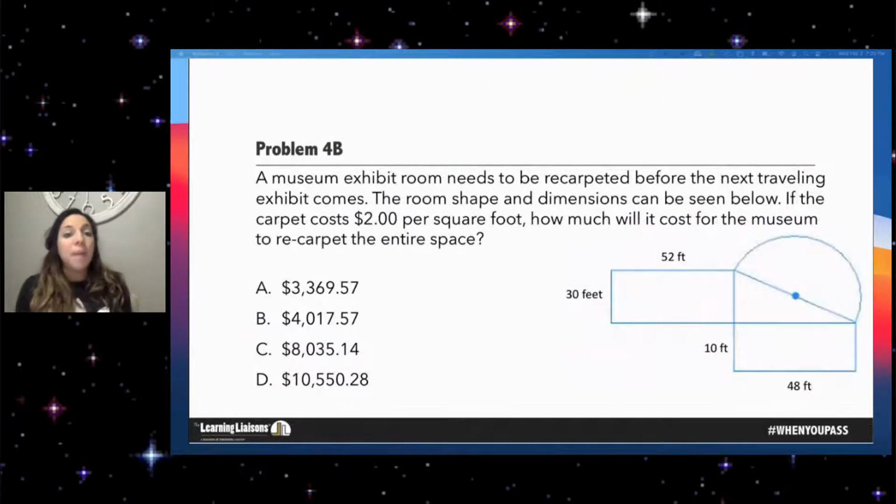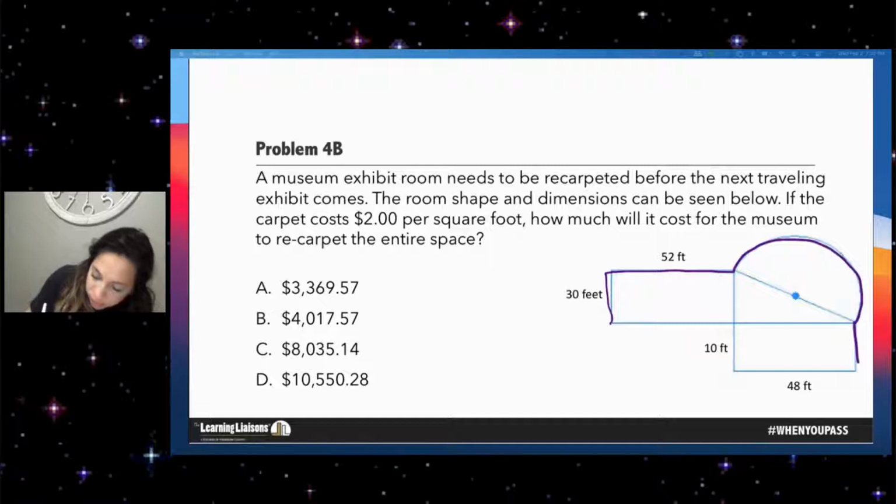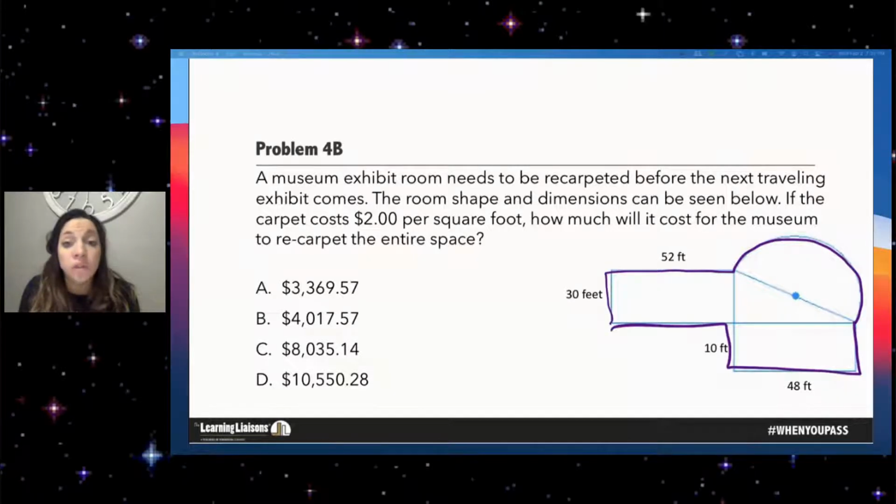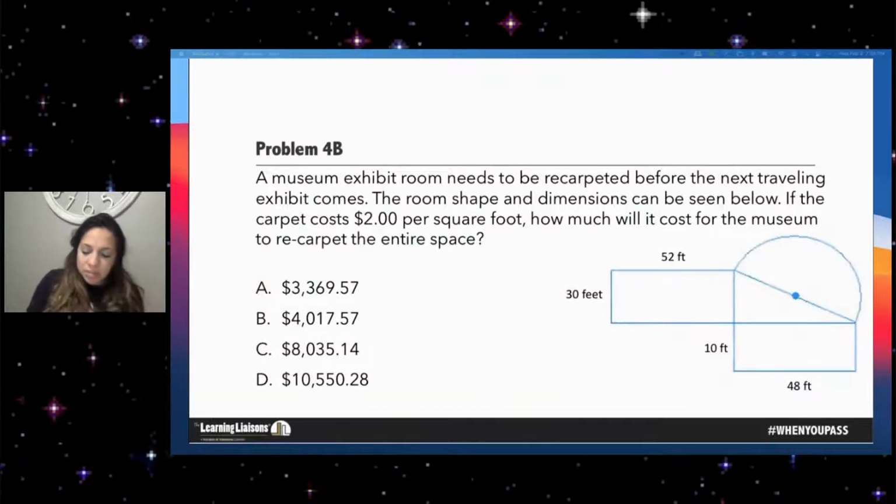All right, composite area problem 4B. A museum exhibit room needs to be recarpeted before the next traveling exhibit comes. So this is a museum exhibit room, because what other kind of room would have that shape? Let's be honest. The room shape and dimensions can be seen below. If the carpet costs $2 per square foot, how much will it cost for the museum to recarpet the entire